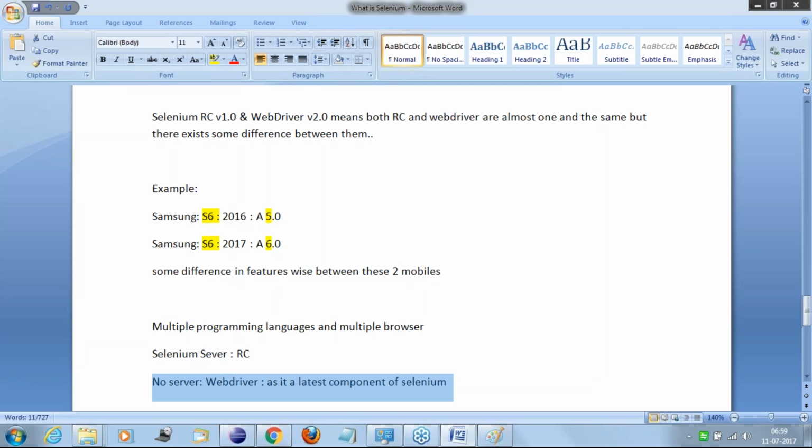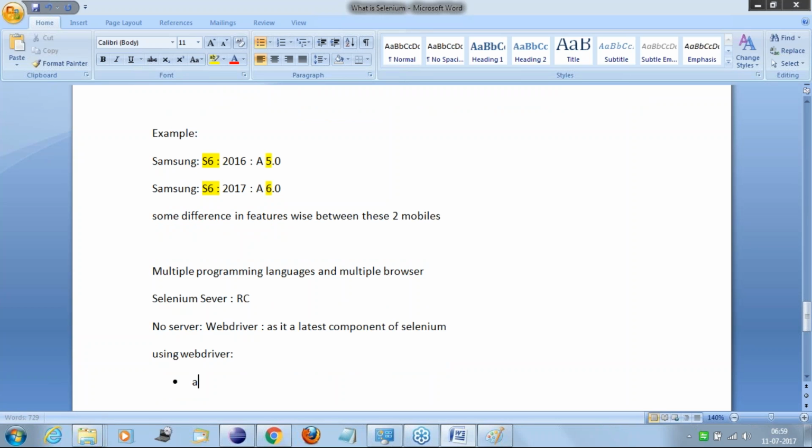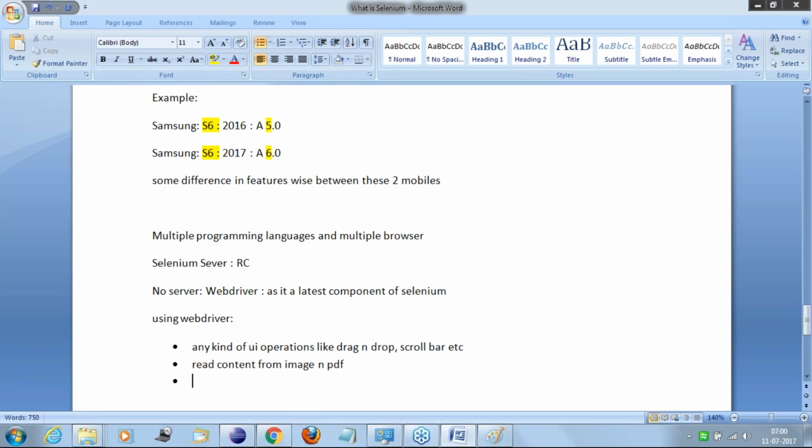It doesn't need any kind of server to execute the script. Moreover, using WebDriver, we can perform any kind of UI operations like drag and drop, scroll bar, etc. We can read content from images and PDFs,